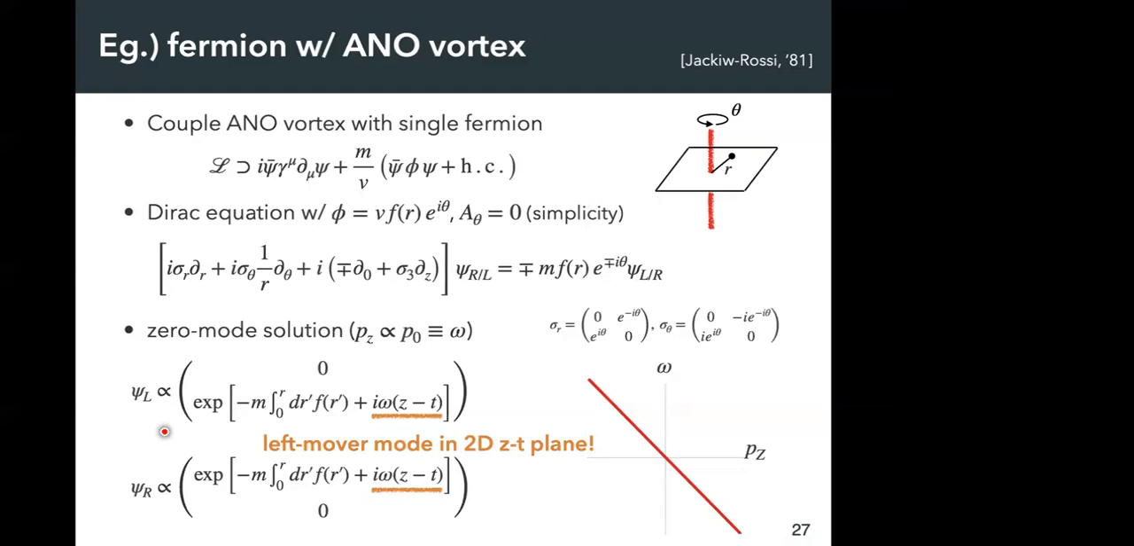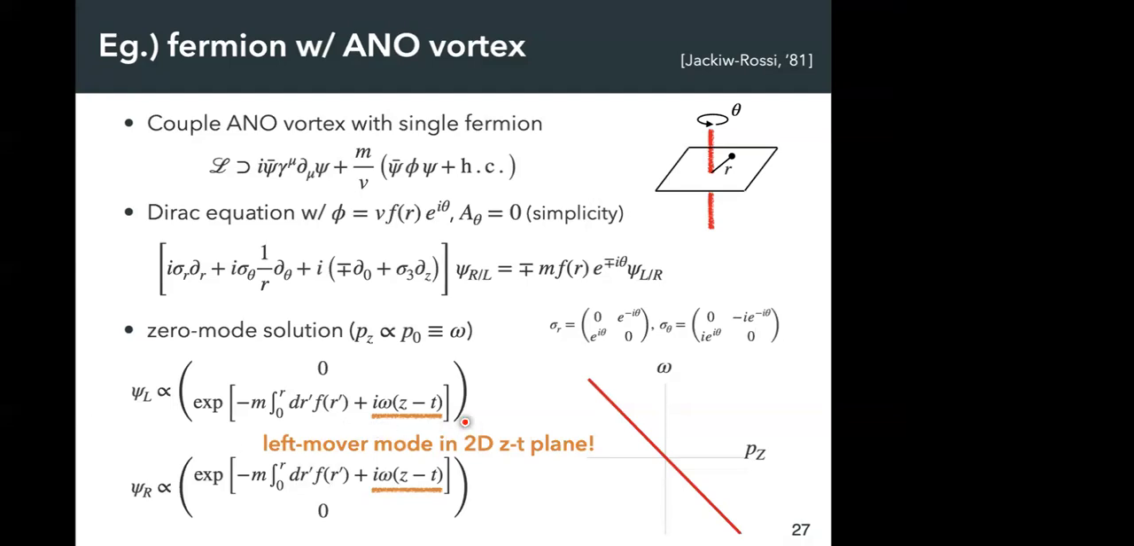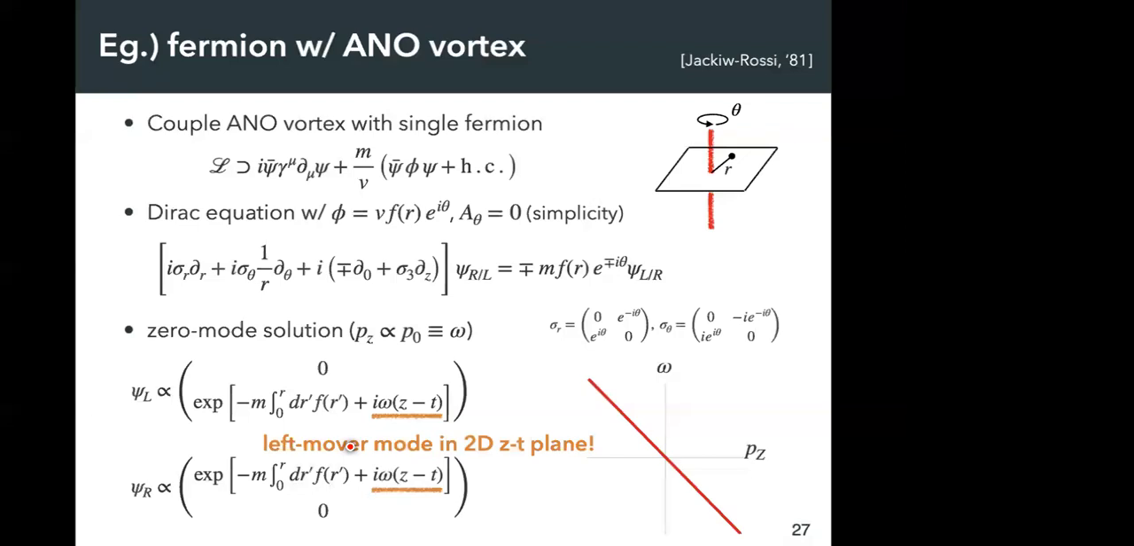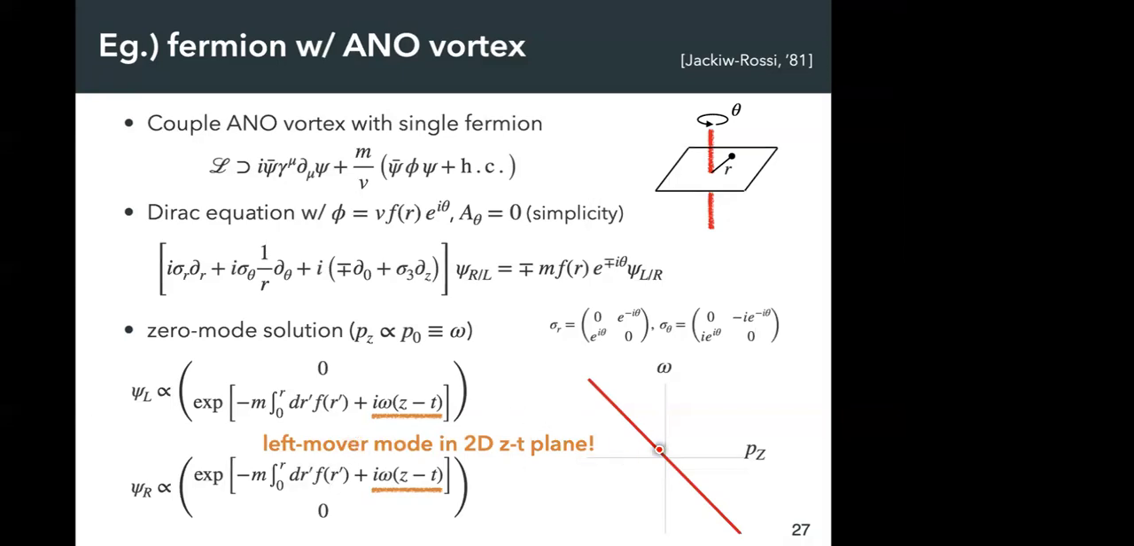I'm just wondering. Yeah, maybe, we can discuss later. So whether it is a left mover or right mover in the two-dimensional sense depends on the isospin of the SU(2) doublet. Oh, sorry. Yeah, I think I misunderstood. Okay. Sorry. So yeah, anyway,